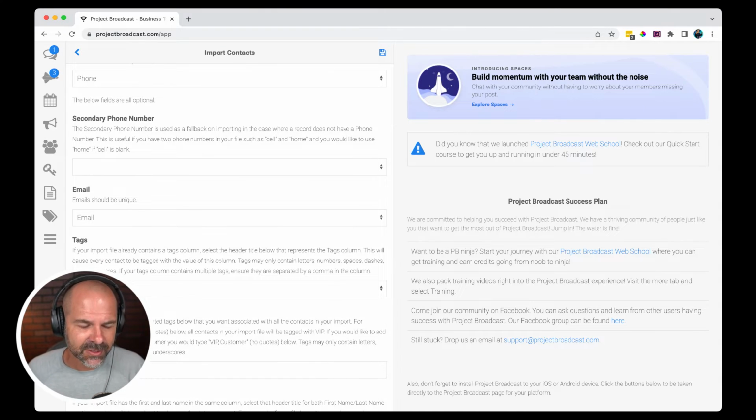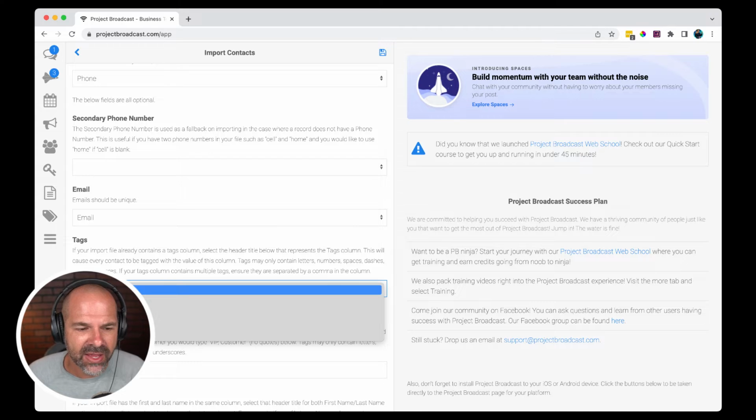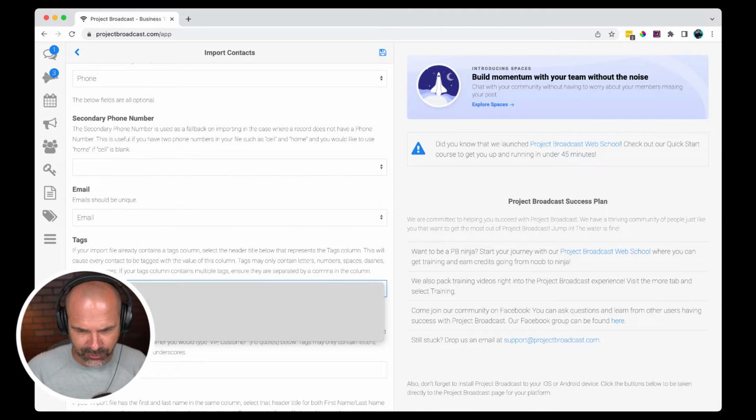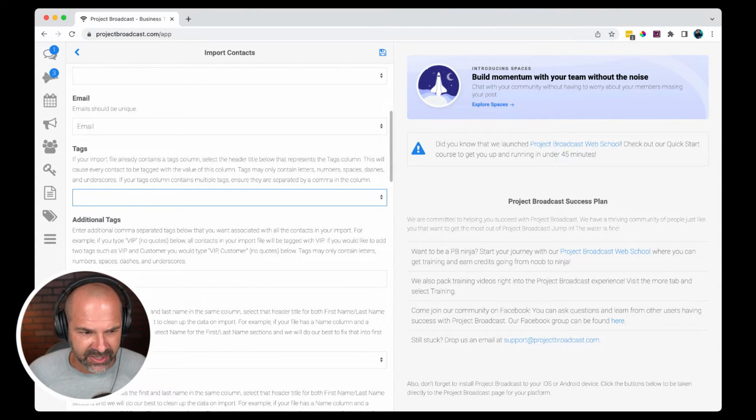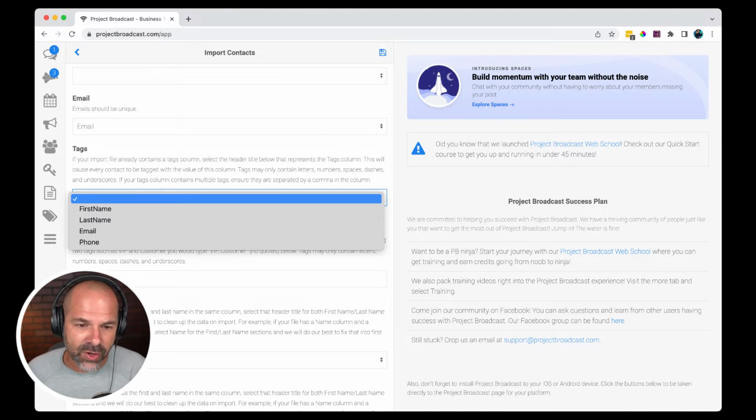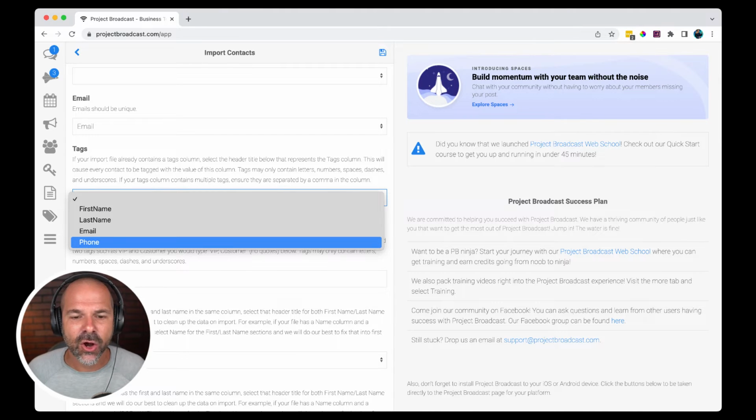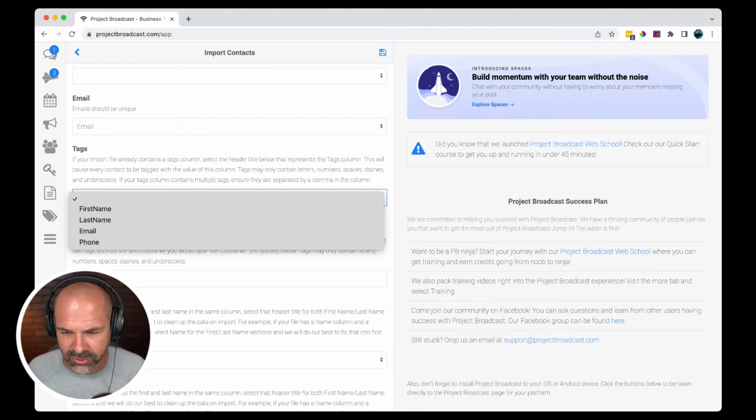Now, tags. What you can do is it has all the headers that were available to you when you exported the CSV file from Numbers or Excel or Google Sheets, whatever you're using. It has all of those. So what you could do in your tags area is if you'd left one of those columns, you could have chosen that column, and whatever the content of that column would then be used to create a new tag